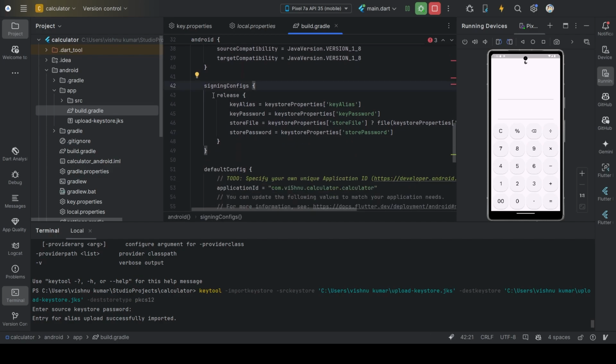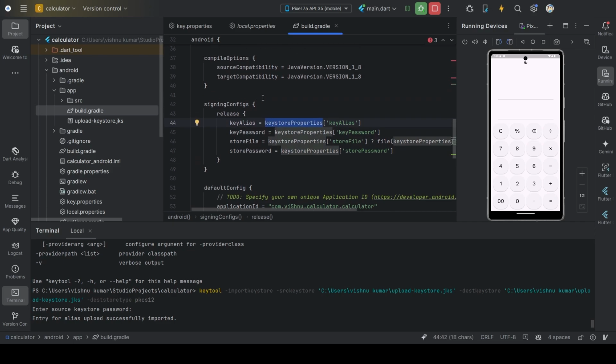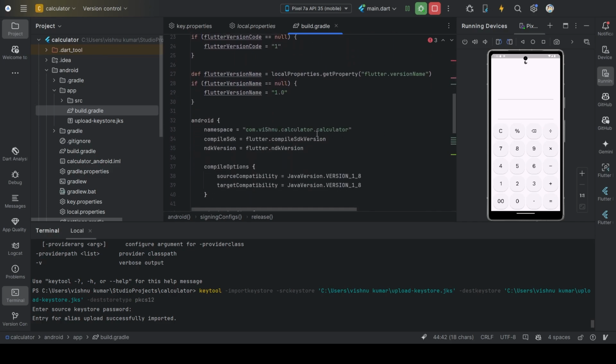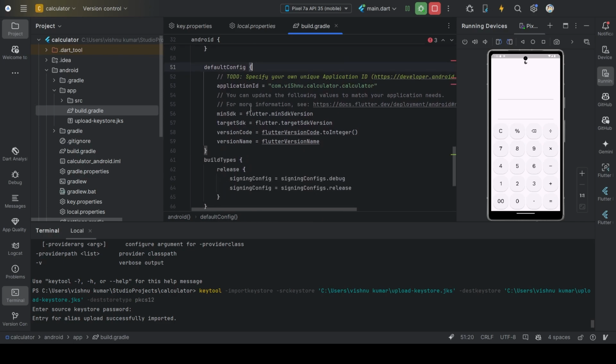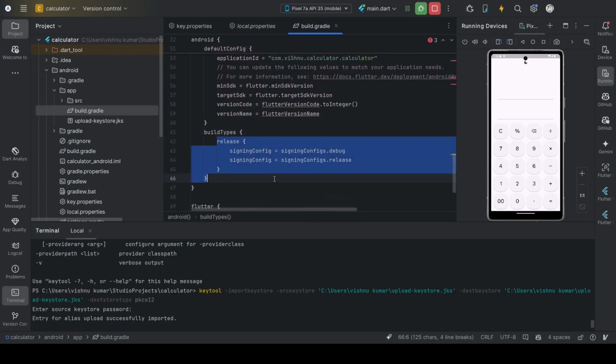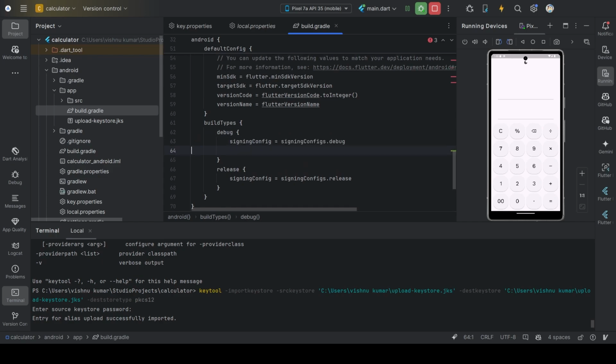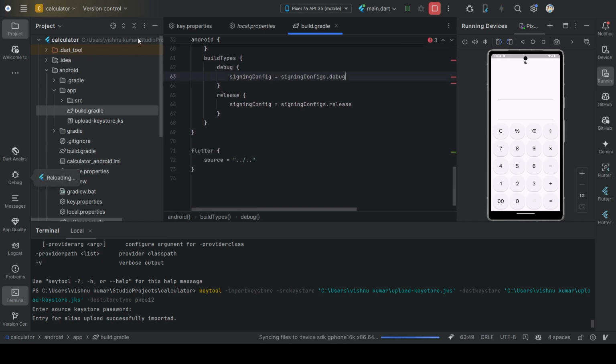You create a signing config with release. Inside this release, we have these four properties. Then this keystore properties variable we have created here. Read these values from there and assign them to these values, right? In default config, which is already there, in build types, you write release, and in release, you have signing config of debug, signing config of release. So it will be like this: debug, right? Now you build your app,